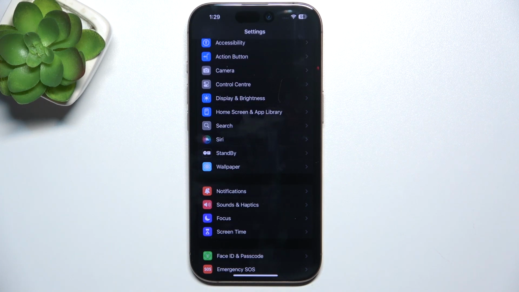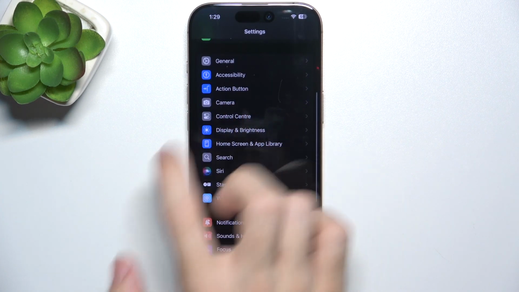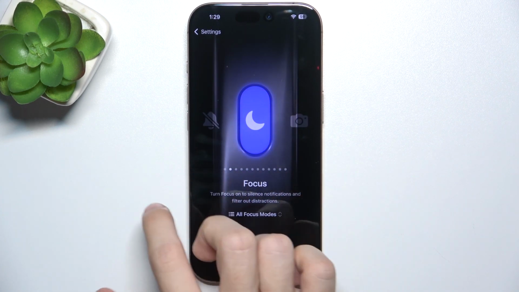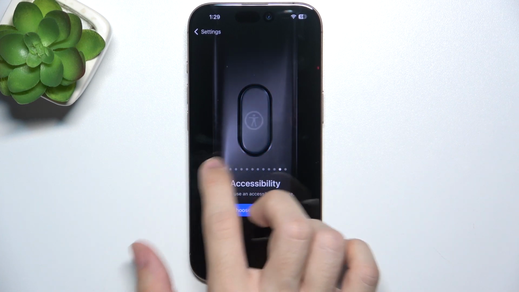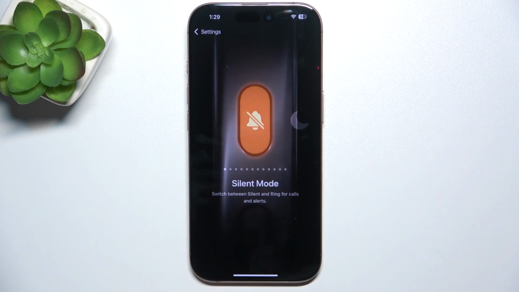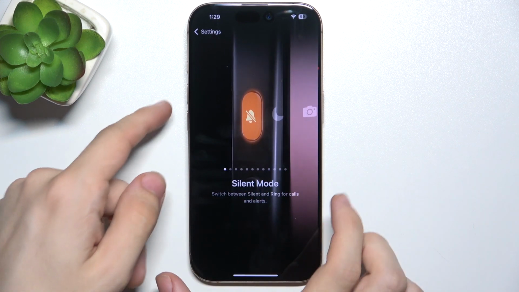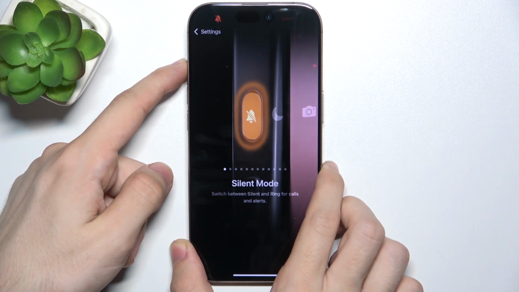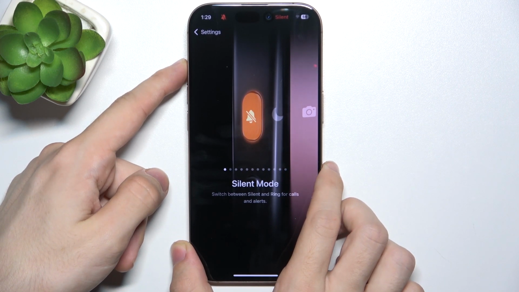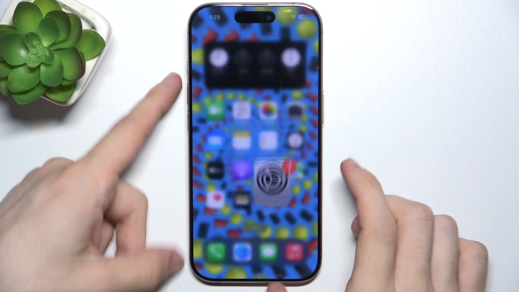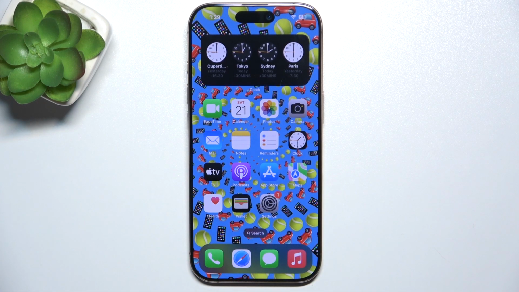To do it, just go to settings, then action button, and here you can switch between what the action button does, and when you set it to silent mode, then just press and hold on it, and this will switch you between modes. And there's one more way to do it, and to do it, swipe from the right